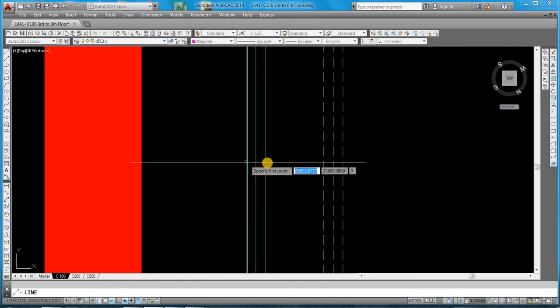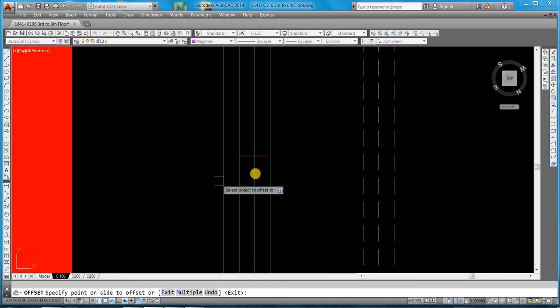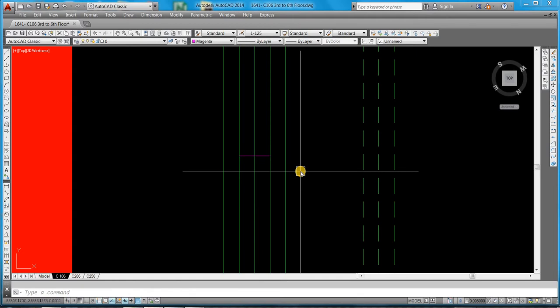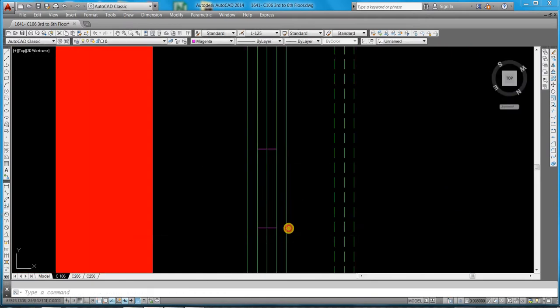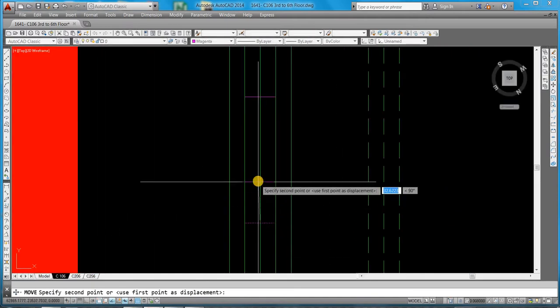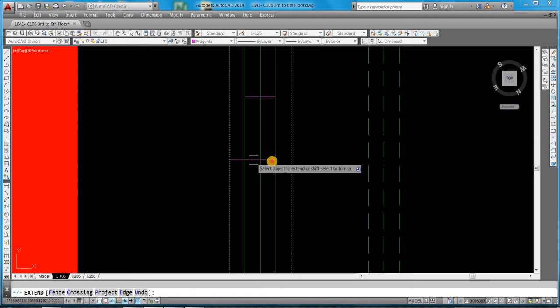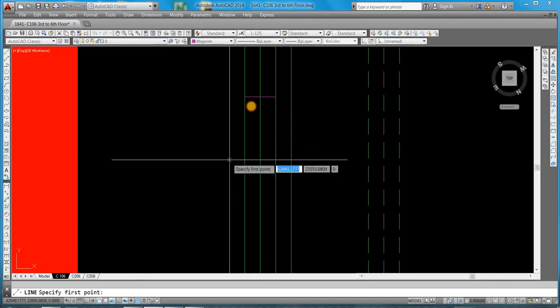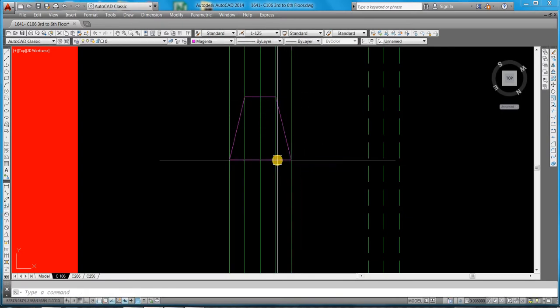What we'll do in this area: the diameter means 25 millimeter. From here I will make an offset of 100. We need to make 100. From here we will make an extend, and here we will make a reducer.